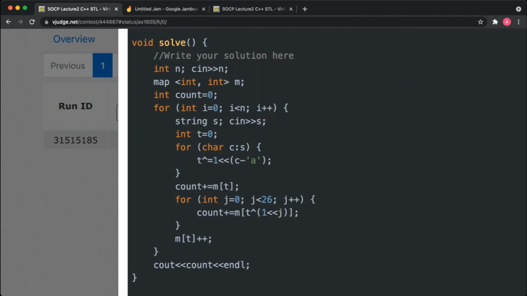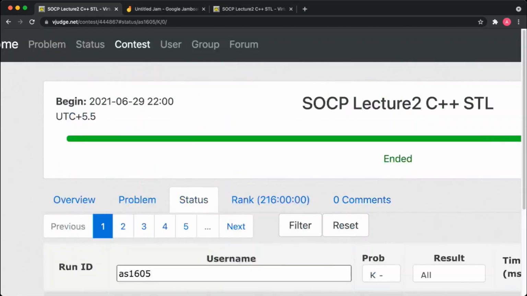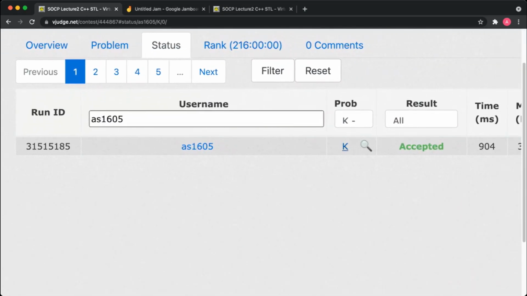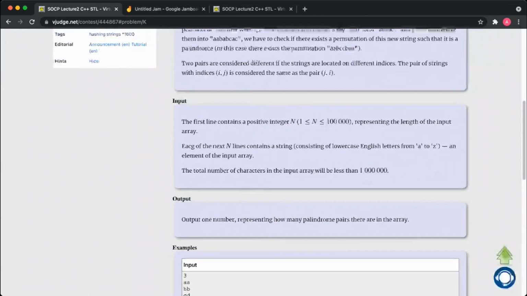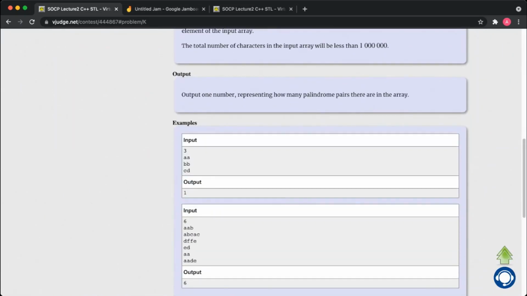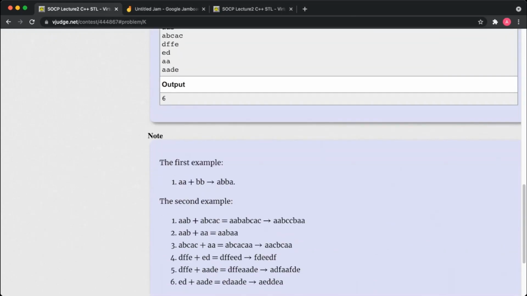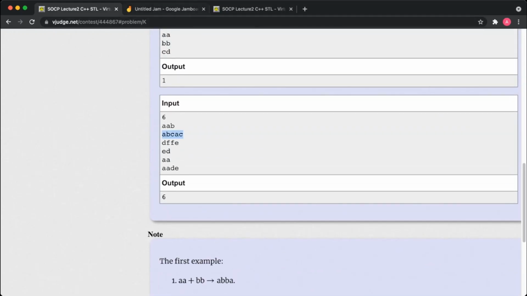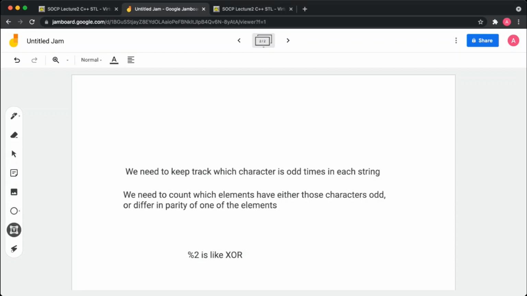For each string, we have converted that into a bit mask, and that bit mask is storing which of the elements are odd. Let me take an example here. If I have this string abac, then initially my bit mask is 000.